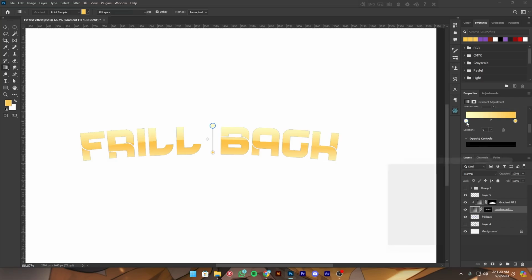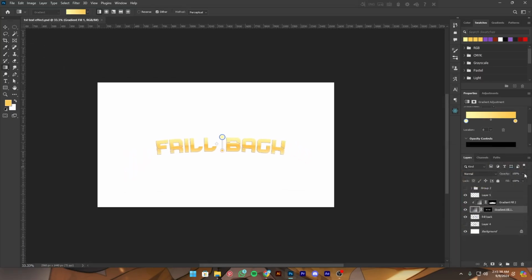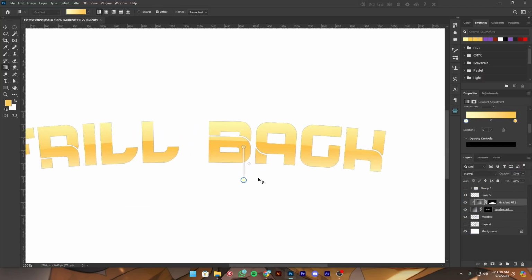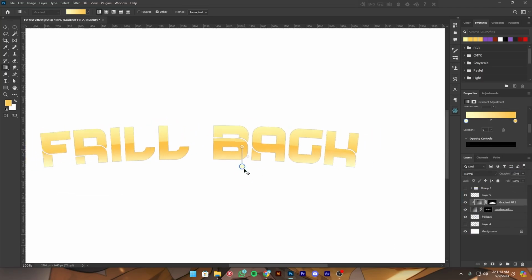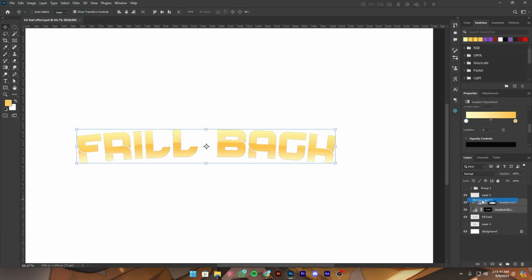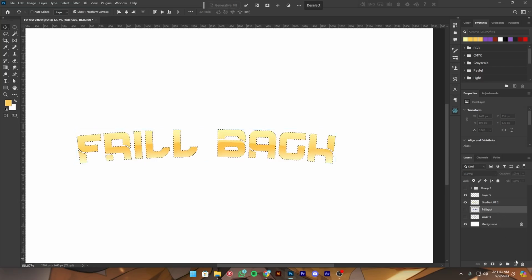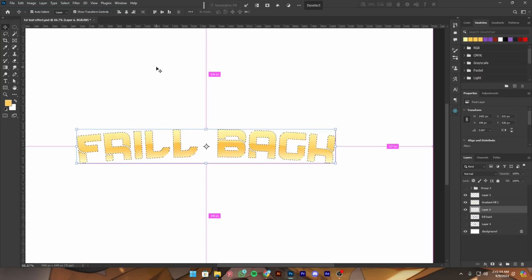No, oh yeah, let's go guys. Something like that should be perfect, or like that should be perfect. Okay, then just adjust this gradient. Then I'll just simply merge these layers. Okay, and I'll just simply select this layer, add a nice stroke,